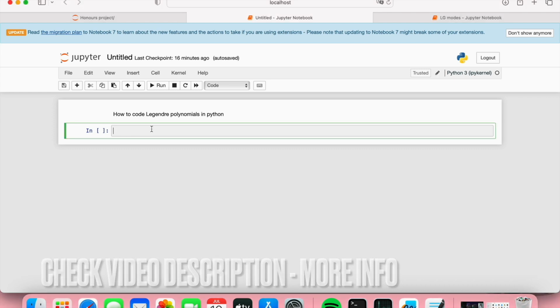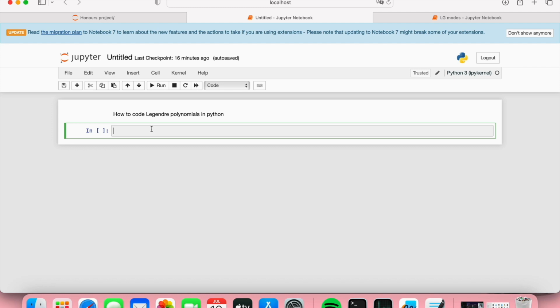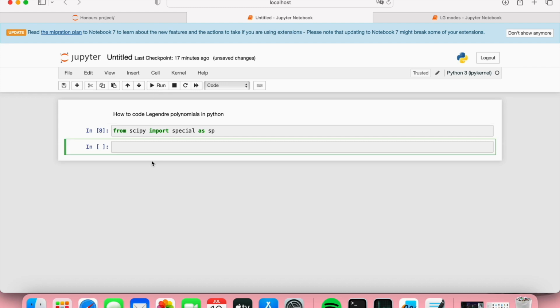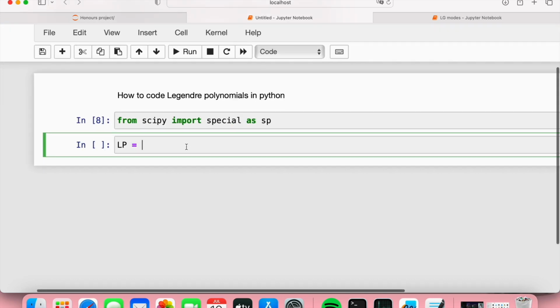So let's get started. To do this, make sure you have installed SciPy on your computer, and we're going to import the special package from SciPy. So you're going to type from scipy import special as sp, and you're just going to run this. Great. Okay, and then after that, I'm just going to denote my Legendre polynomials as np,